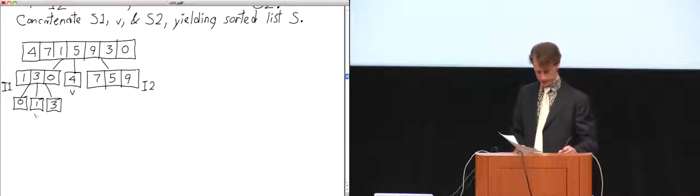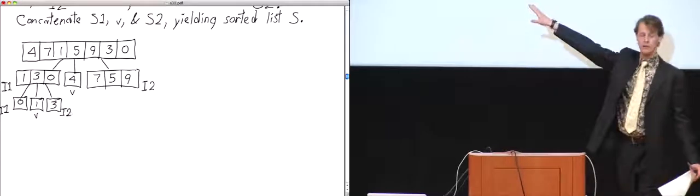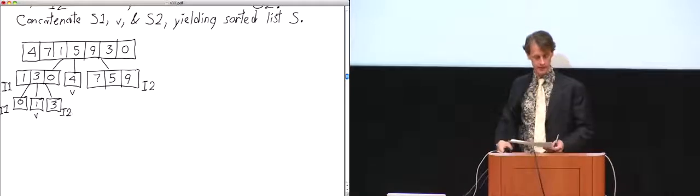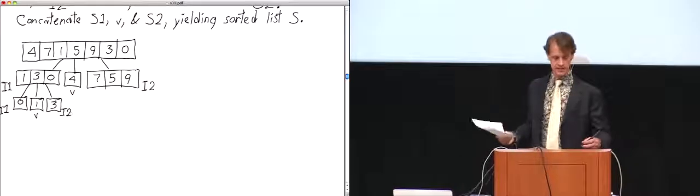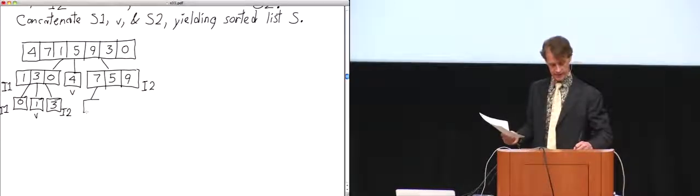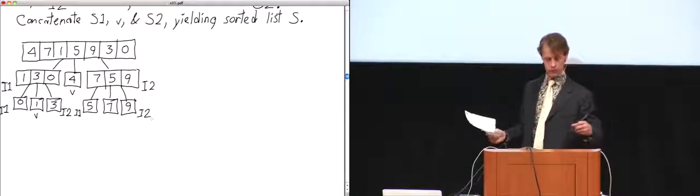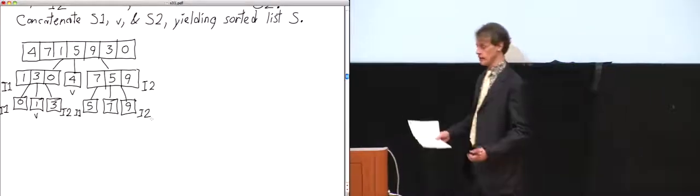So once again, here's the pivot, here's the unsorted array I1 recursively, here's the unsorted array I2 recursively. But when you have an array of length 1, it's sorted, so we're done with the recursion on that side. On the other side, we'll do the same thing. 7, 5, 9, we say 7 is the pivot, we make a list of keys less than the pivot, keys greater than the pivot, and we put the pivot in the middle between them. So there's an unsorted array I1 and our unsorted array I2. Again, those only have one key, so they're sorted.